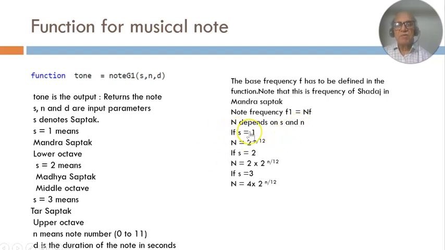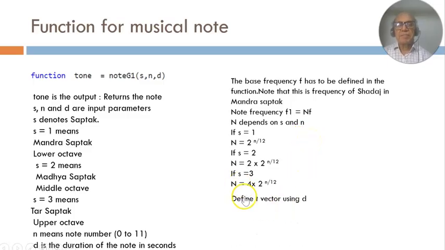So if S is equal to 1, that is Mandra Saptak, then N is 2 raised to n by 12. Small n corresponds to the note number. And if S is equal to 2, we have seen it is double the frequency of the Mandra Saptak, so this has to be multiplied by 2. And if S is equal to 3, the Tar Saptak number, remember, is 4 times that in the Mandra Saptak, so I have to multiply this by 4. Once N is obtained by using the values of S and n which are passed by the calling program,